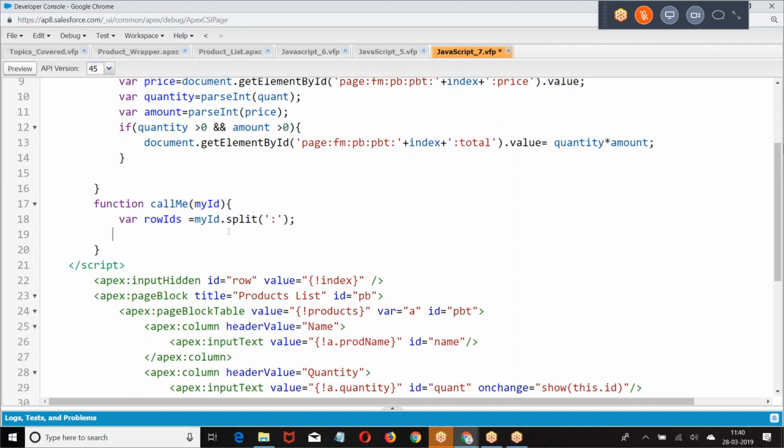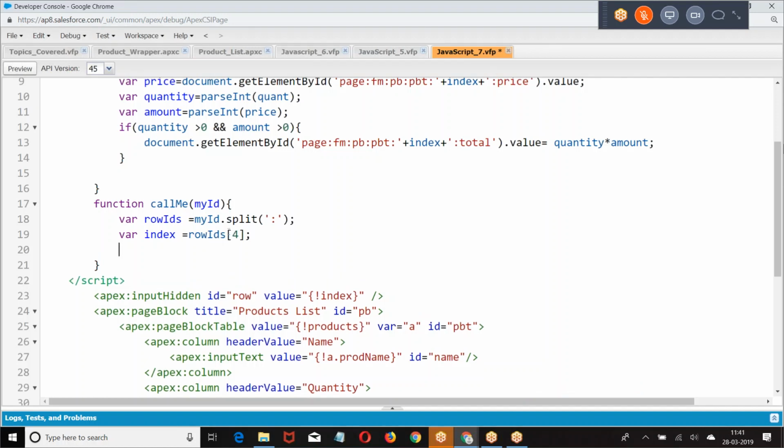What I was doing here: we have document dot get element by ID, then equal to. I hope you are good with this.